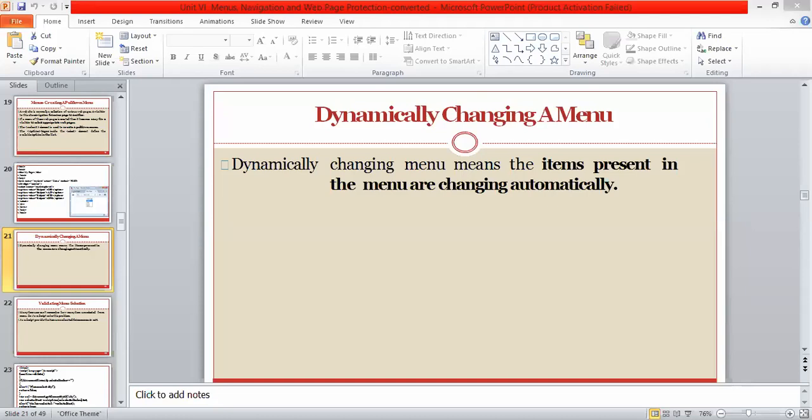Then onchange, we will be calling a function which we will be writing in the script, myfunction. Closing of a tag. After that, we use an option tag for giving the options in the menu. For that, I am setting a value equal to, suppose I am taking class, and close. Here I will write class and closing of an option tag.